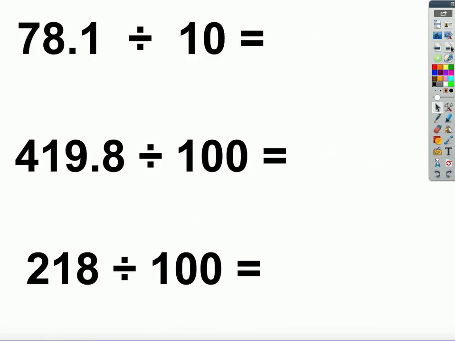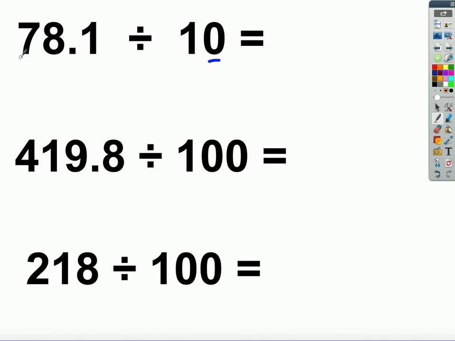So now that leads us to what we're talking about today, and that's dividing by powers of 10. Now if you think about it, if I divide anything by 10, my answer is going to be smaller than what I started with. Same if I divided by 100, it's going to be quite a bit smaller than what I started with. So since we divide by a whole number, it's going to be a smaller answer. That means we're going to move the decimal, however many spots the zeros tell us,